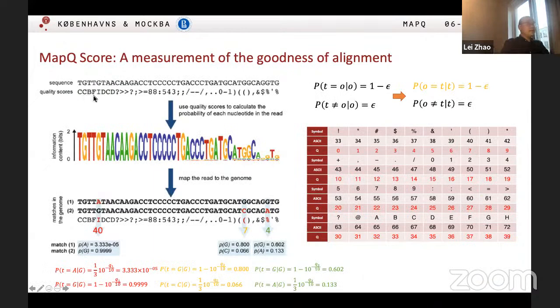So I'll explain it more clearly in these slides. This is a FASTQ file, and suppose you map it to the genome, and there are two regions that actually get quite similar short reads. This is the genome reference. You can say that only this position for this alignment is different from the short reads. And for this alignment, there are two different positions from the short reads. So what's the probability that this read comes from this region?